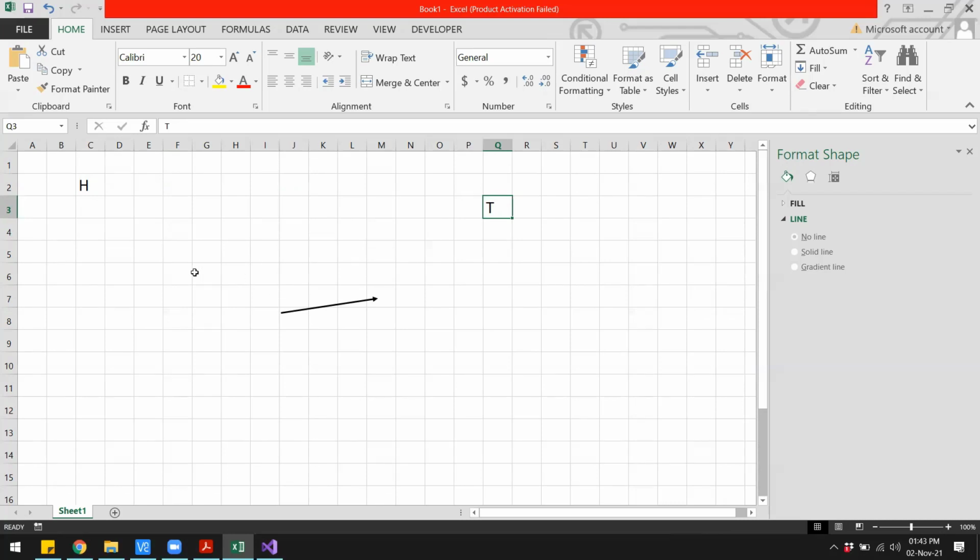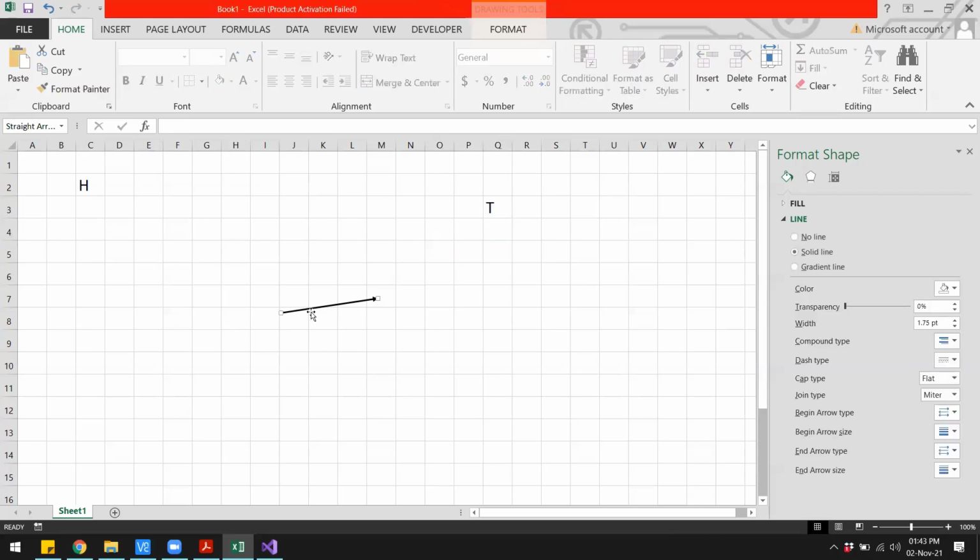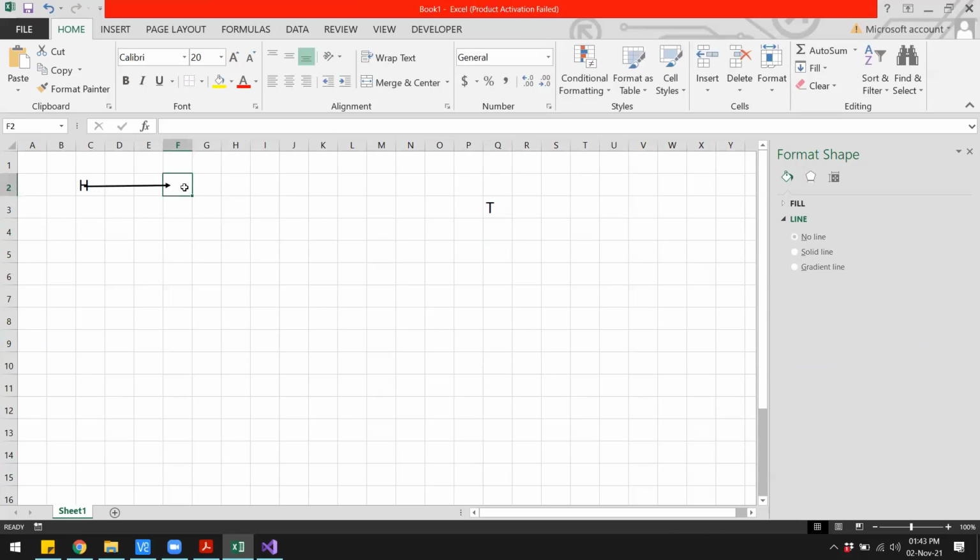Now, what is the simplest case that we can have over here? Well, the simplest case could be when there is no node in the list. If there is no node in the list, then what do you think the head and the tail will point to? They both will point to null. So we can make the head point to null, let's say this is null, and the tail will also point to null. Something like that.